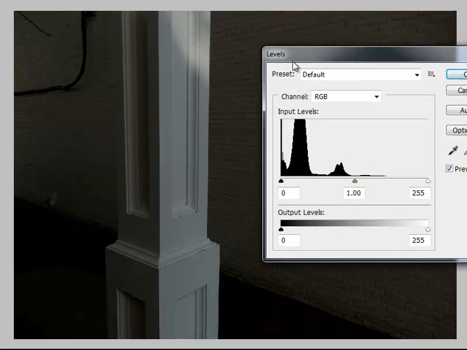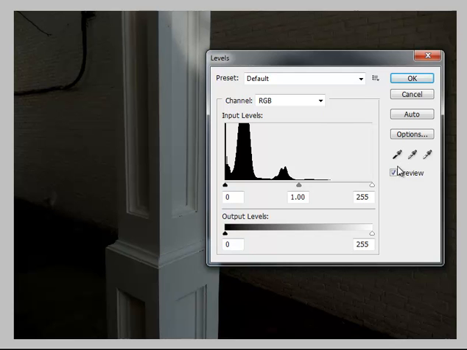Control L is the shortcut for that. And notice that all the pixels are down in the dark range here. Okay, this is solid black on the left. Here's midtone, and here are highlights. And having no tones up in this range is sort of like listening to music with all bass and no upper range instruments. We'd like to see a histogram that distributes nicely, and then it gives us maximum flexibility to